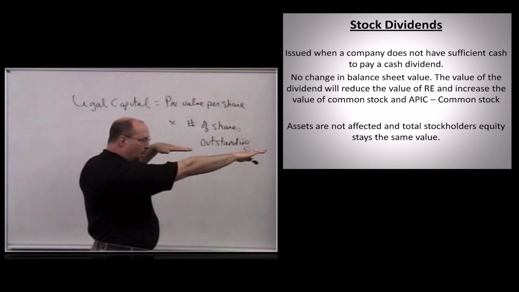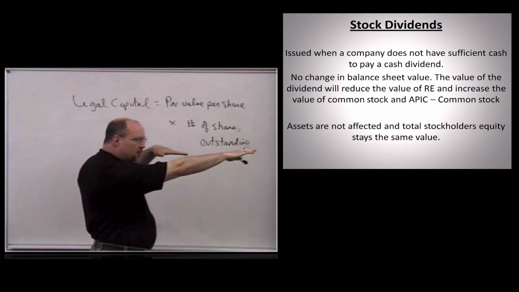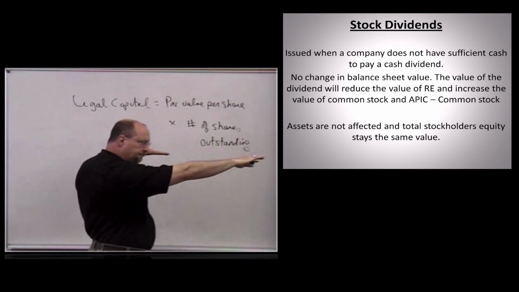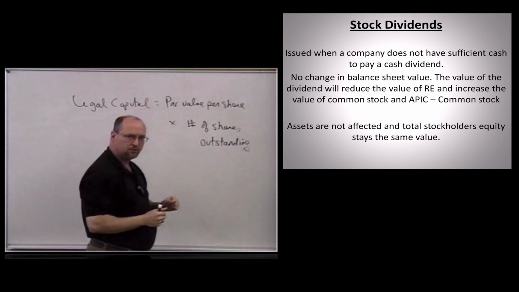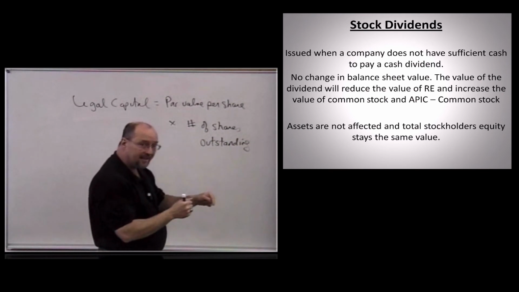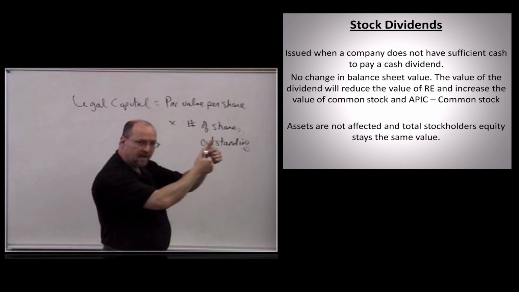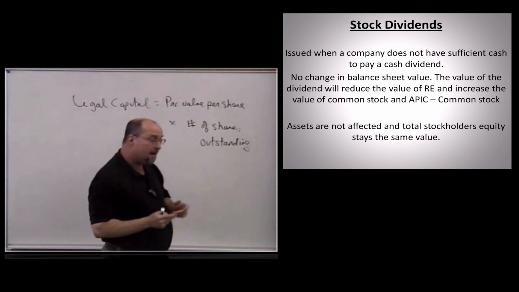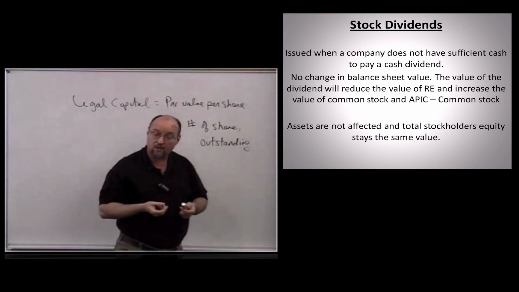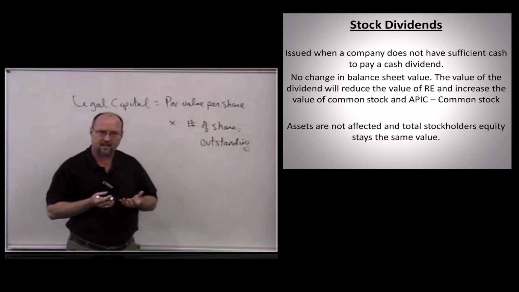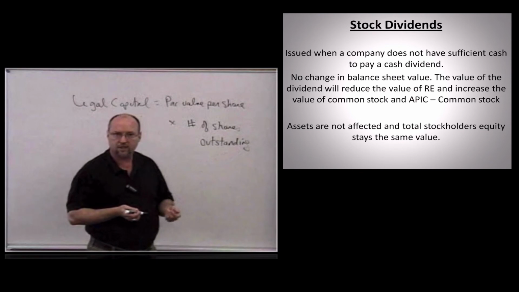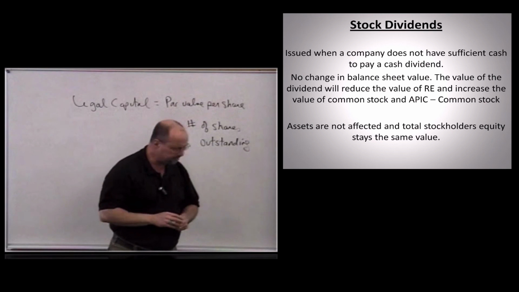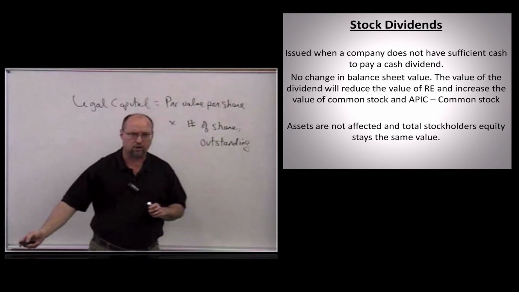But what's happening is our accounting equation isn't changing. We're just rearranging some equity accounts over here. But assets and liabilities are unaffected, and within stockholders' equity, retained earnings went down, but common stock and APIC common stock went up, and they offset each other. So total stockholders' equity stays the same with the stock dividend. Okay? But it's still considered good for stockholders because, again, they now have more shares of stock, and if the stock goes up $2, $3, $4 a share, they have that many more shares that increased $4 a share. So it's a good thing. Okay? And don't worry about the journal entries for a stock dividend.